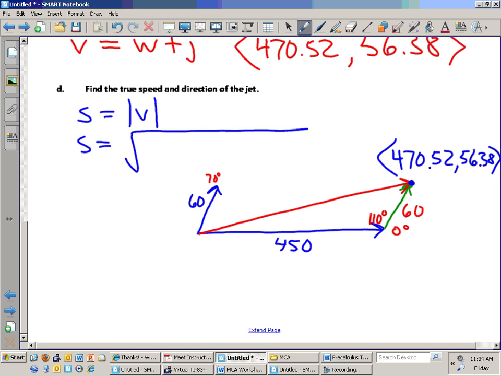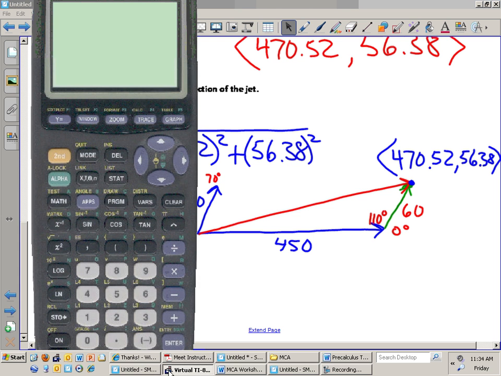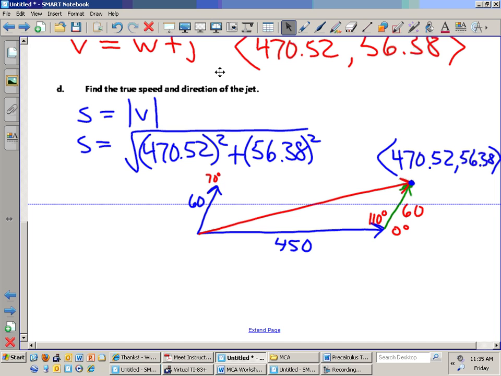Square root of 470.52 quantity squared plus 56.38 quantity squared. Type it in. 473.89